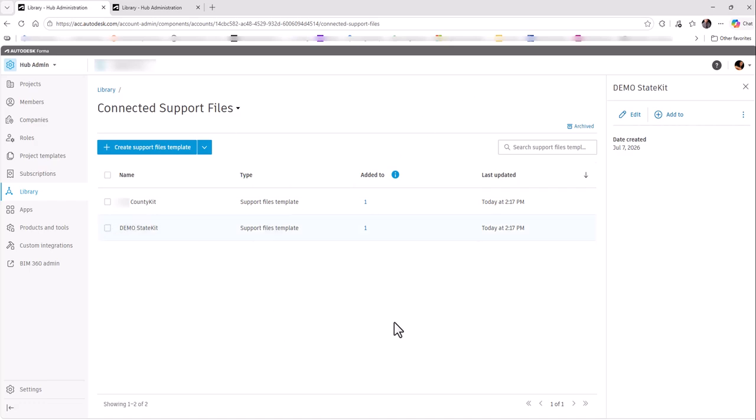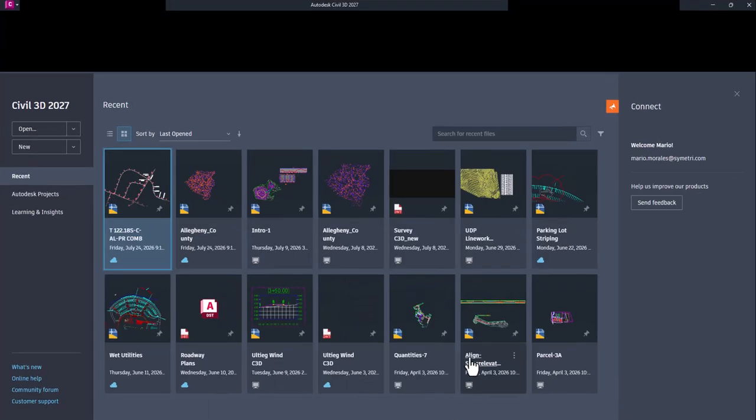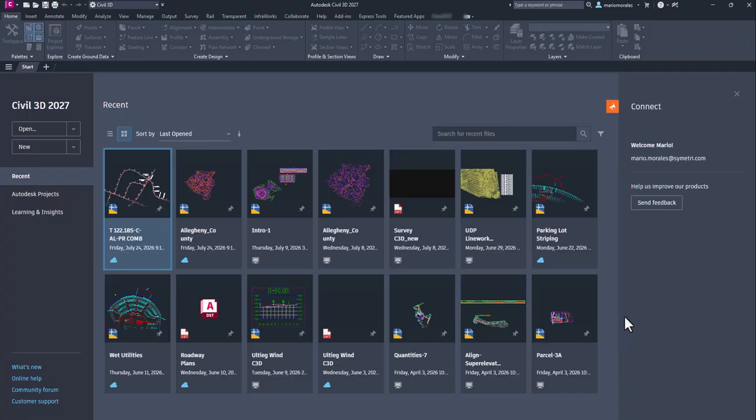Now that you have these set up, and again, I'm looking at it from the Civil 3D side. I happen to have Civil 3D up and running right here. And this is standard vanilla delivered right from Autodesk Civil 3D 2027. This isn't a state kit. This isn't anything custom built into it. I just literally installed Civil 3D and launched the icon. So now if I go ahead and select a file,